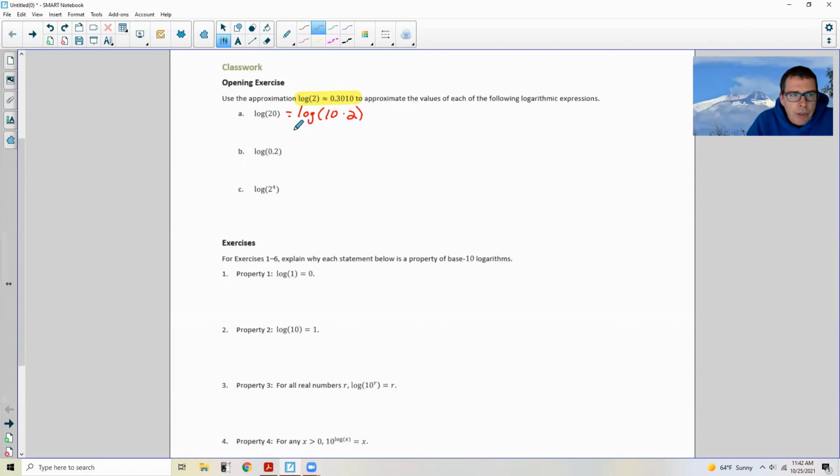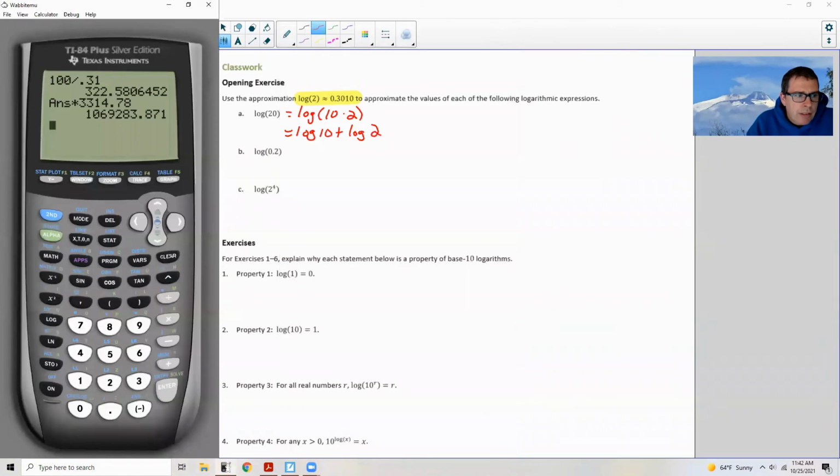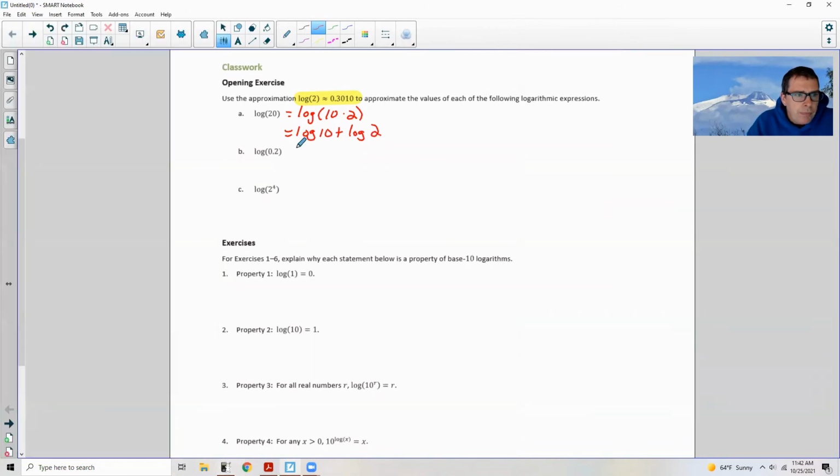So this is going to equal the log of 10 plus the log of 2. If you don't remember, log base 10s are pretty easy to work with, because if I go in my calculator and say the log of 10, it's going to give me 1. So this is going to equal 1 plus